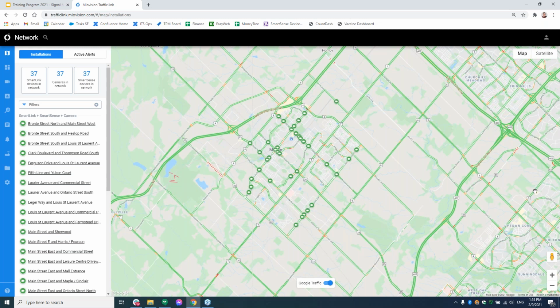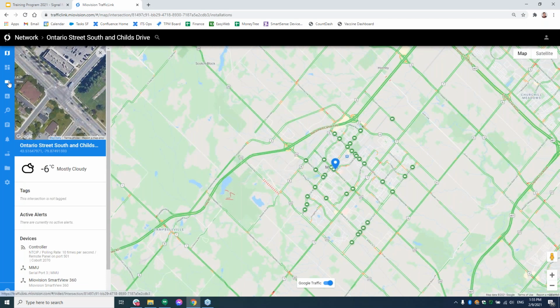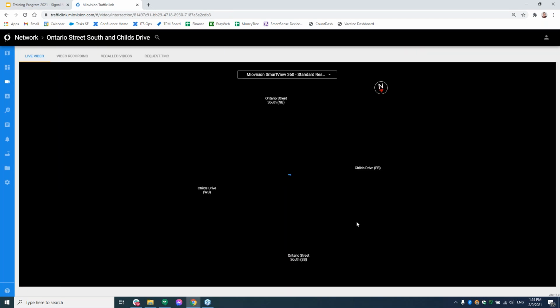Oh, I did see a couple questions rolling in right here. Is camera control based on client request? What did you click on to have the camera rotate and zoom? I can rotate the camera view and zoom by clicking on the black control box located in the bottom right corner, but cannot use the mouse over the video to rotate or zoom. Oh, really? So if I go over to this video here, cannot use the mouse over the video.